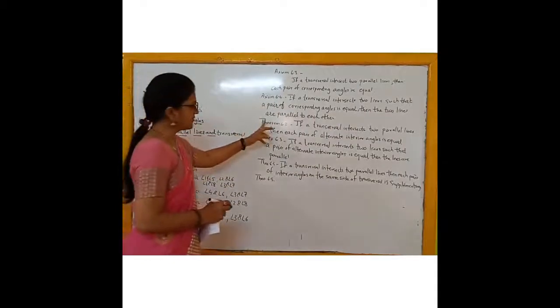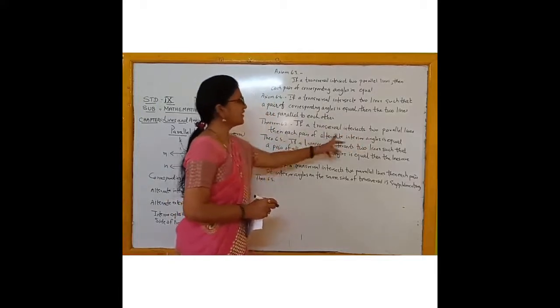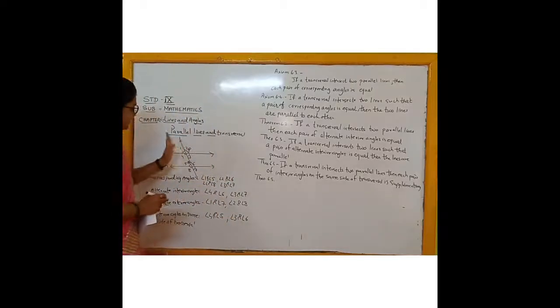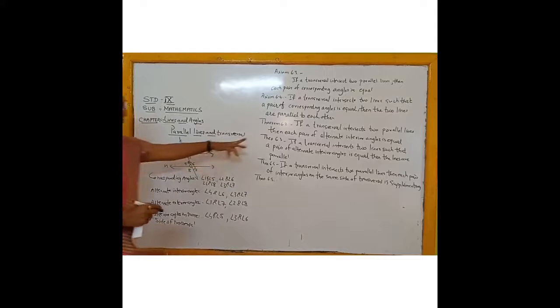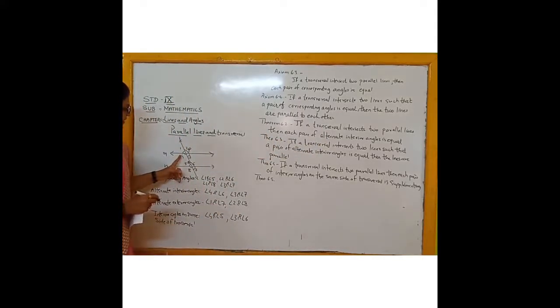Now next is theorem 6.2. If a transversal intersects two parallel lines, then each pair of alternate interior angles is equal. Now this P is the transversal, it is intersecting two parallel lines M and N. Each pair of alternate interior angles is equal. So the pairs of alternate interior angles are 4 and 6, 3 and 5. So they are equal. That is, angle 4 is equal to